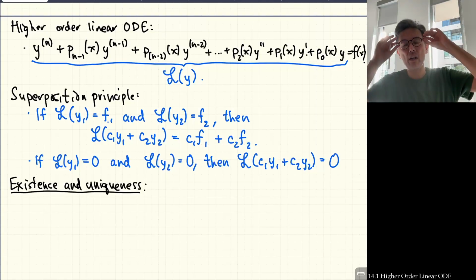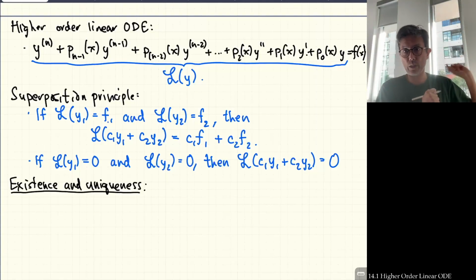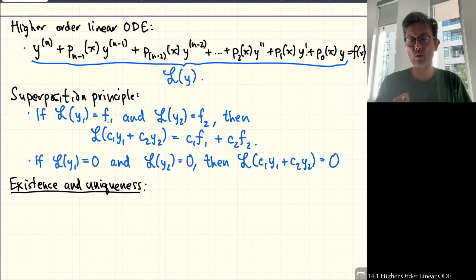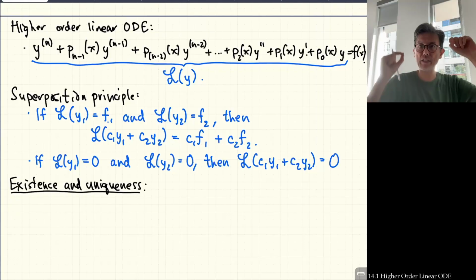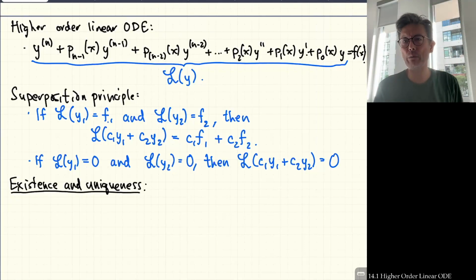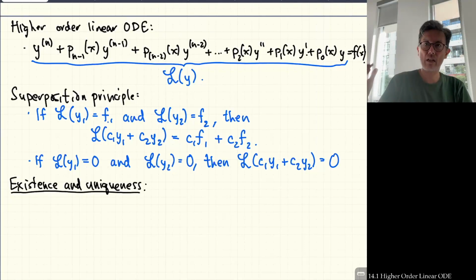So now recall, back in first order land, when we were solving first order linear differential equations using integrating factors, remember that we got usually a one parameter family of solutions, right? There was usually one constant, a C, maybe we call this C1, I don't remember, in